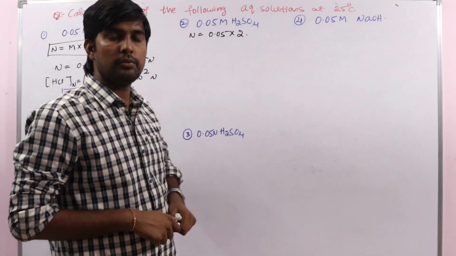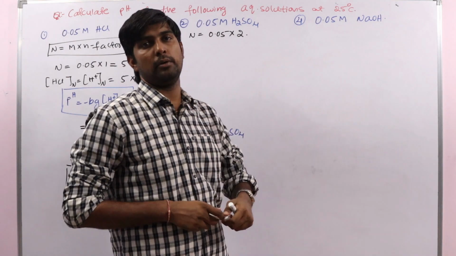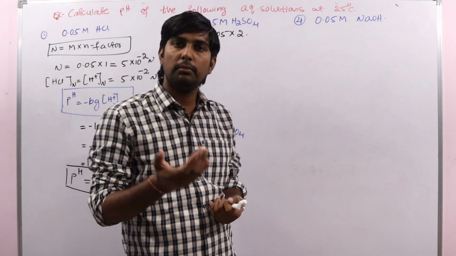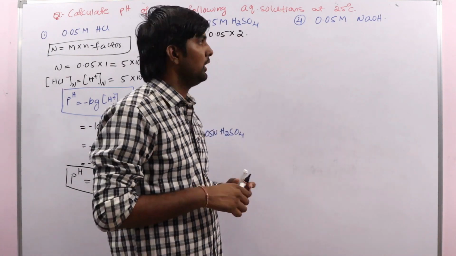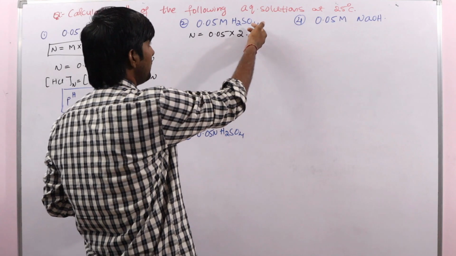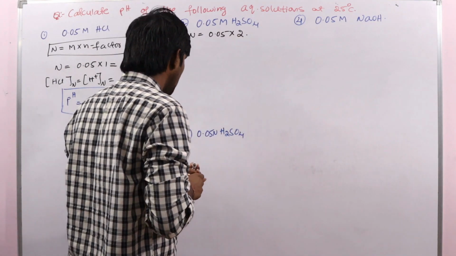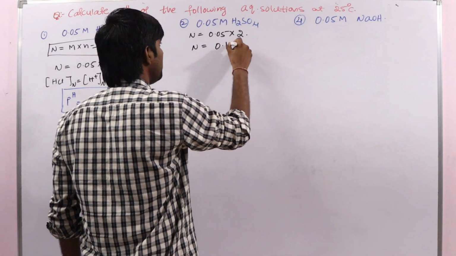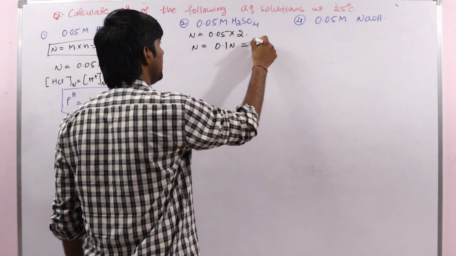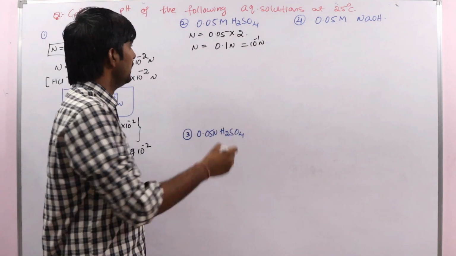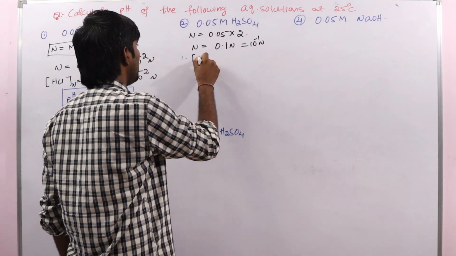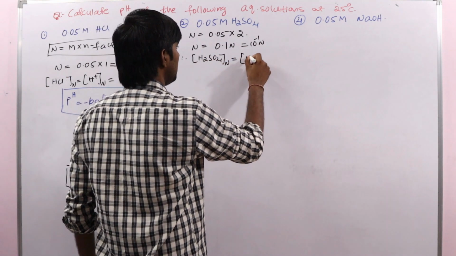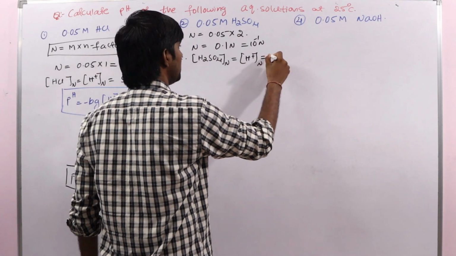Because H2SO4 has two ionizable or replaceable hydrogens. Okay, so that is nothing but the n factor for acids. So that's why two ionizable hydrogens are present, so n factor equals 2. So this normality will be equal to 0.1 normal, that is, we can write 10 power minus 1 normal. Okay, so therefore concentration of H2SO4 is equal to concentration of H plus ion, that is equal to 10